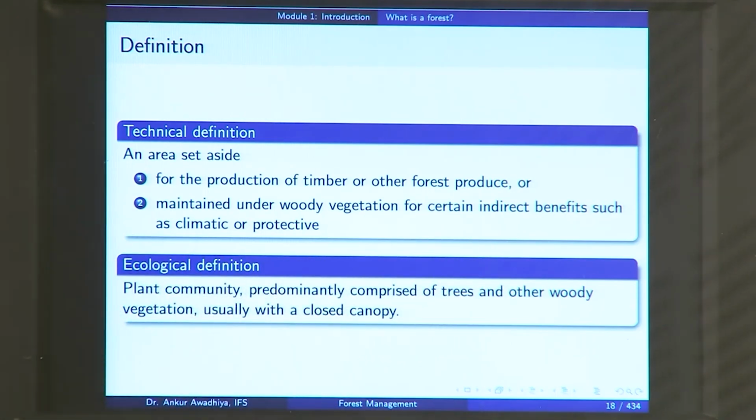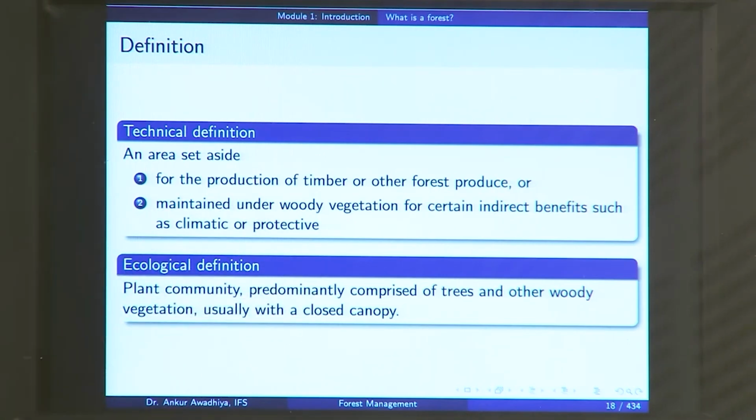So, the ecological definition is saying that if you have an area that is full of grasses and does not have many trees, in that case you will not call it a forest, you will call it a grassland. So, a plant community that is predominantly comprised of trees and other woody vegetation, and that is usually